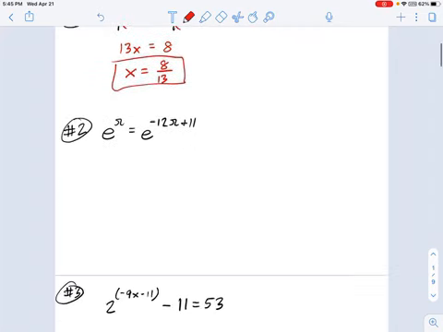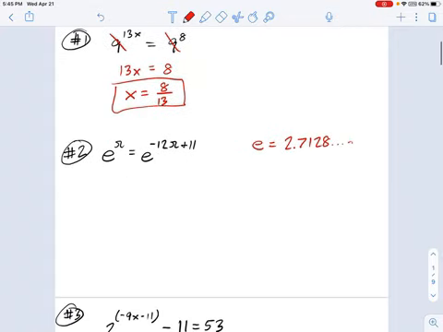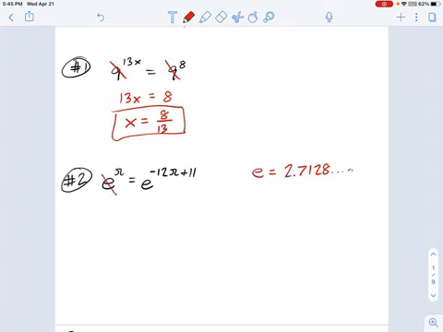Let's do another example. So in this one, we have e, and you could think of that as a variable, or you could think about it as the number e equals 2.7128, and so on. So e to the omega, that omega right here, equals e to the negative 12 omega plus 11. You can see, once again, I already have common bases, so I don't need that first step from this procedure up here. We're instead just going to cancel out those e's, and you get omega equals negative 12